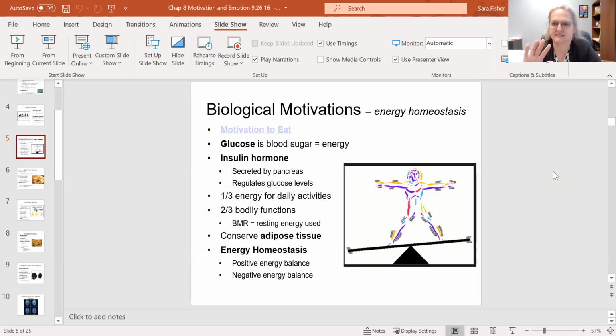Okay, so we're talking about homeostasis, right? Remember, homeostasis is about balance. Some of you may actually know more about some of the things that I'm going to talk about in this slide than I do, especially if you are diabetic, or if you know someone that's diabetic. But there's a couple key words that I want to talk about on this slide, specifically glucose. Glucose is blood sugar, and it is the sugar that's in your blood that gives you energy. So we're biologically motivated to eat in part to maintain that homeostasis between the energy that we have, the blood sugar, and the energy that we're expending.